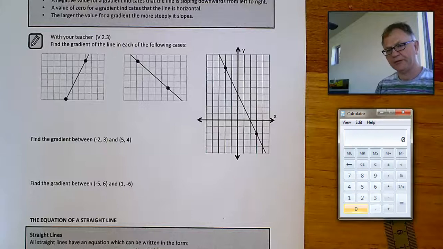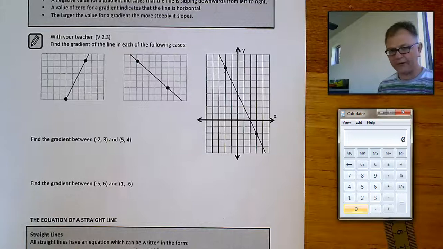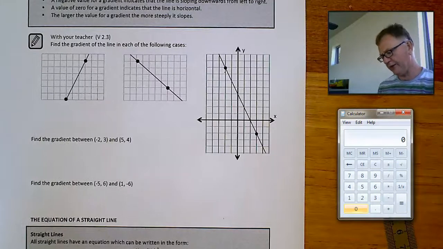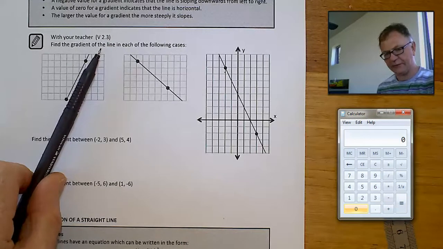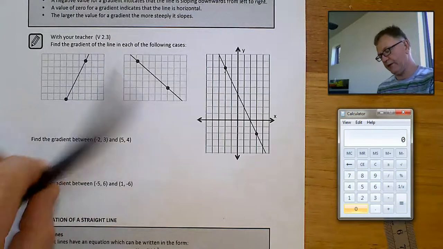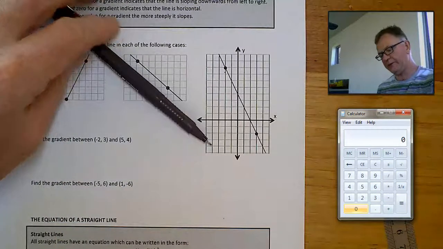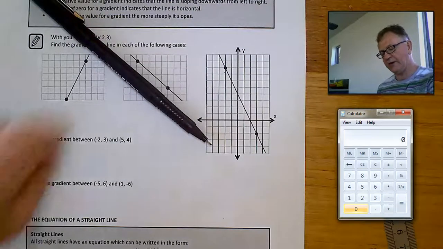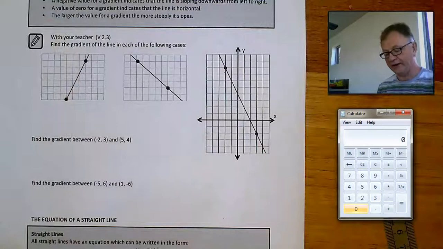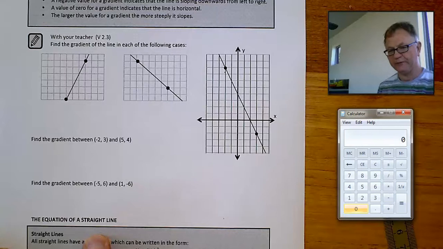The gradient of a straight line is a measure of how steep it is. There's some notes above there that tell you that if a line is sloping upwards from left to right, it's got a positive gradient. One like this, sloping downwards from left to right, has a negative gradient. You can work out the gradient by selecting any 2 points on a line and working out the rise divided